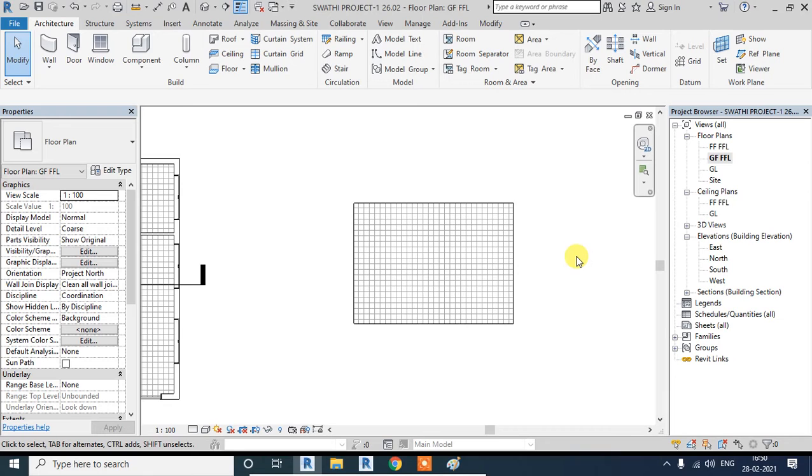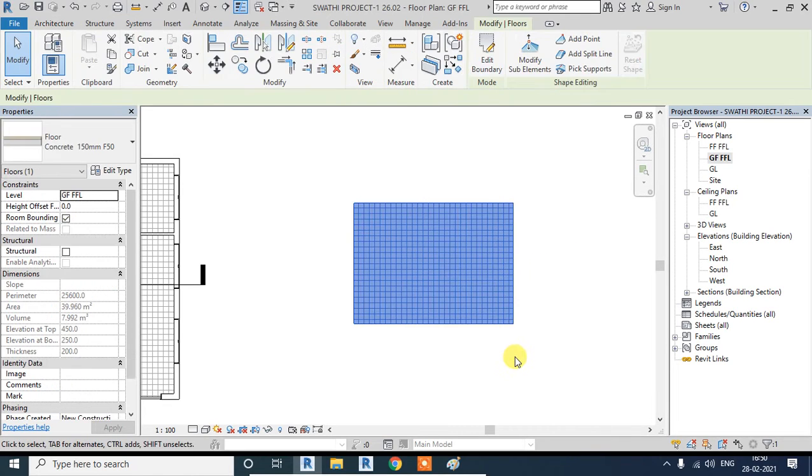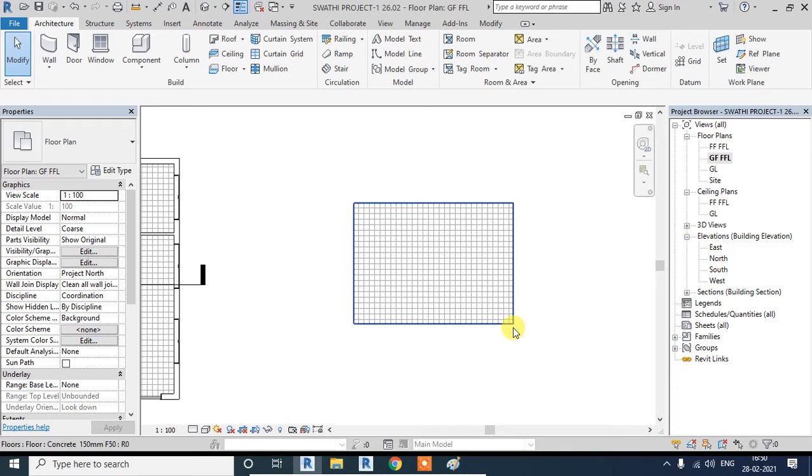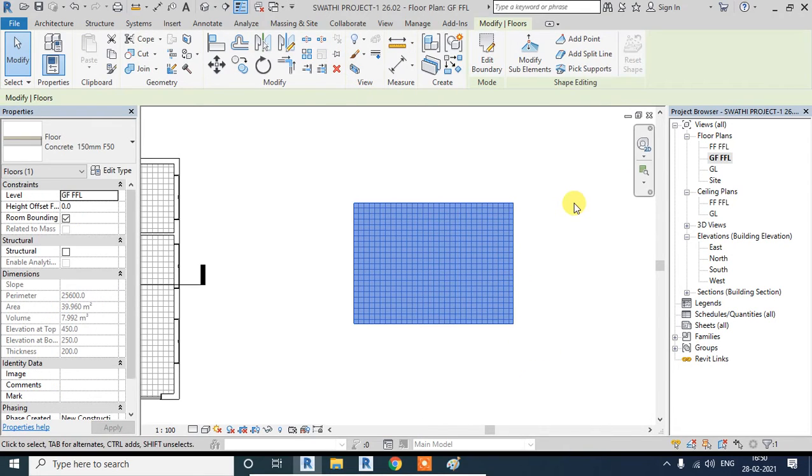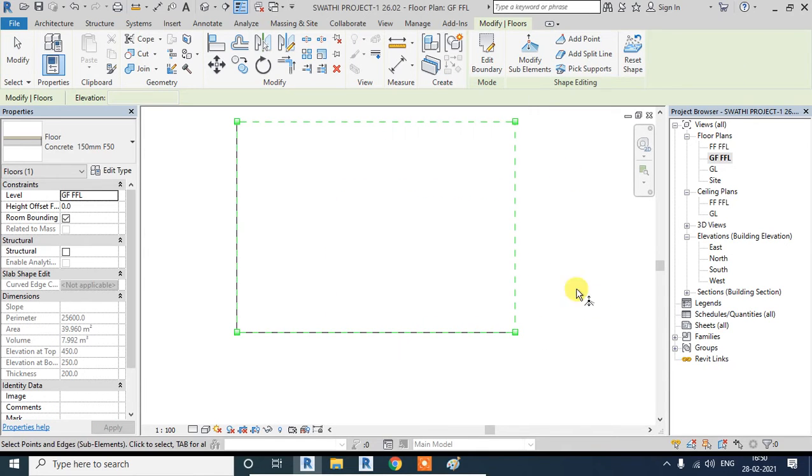So for that, if you select the floor, and remember it should be a flat floor with no slope, only then will you have certain options called subcomponents or shape editing. Shape editing is just like 3D Max, you know. You can pull and push the nodes, if you have used 3D Max. Like that, you will have edges and corners. What you can do is give certain elevation to the edges and the corners. For example, if I say modify elements, can you see those green colors?